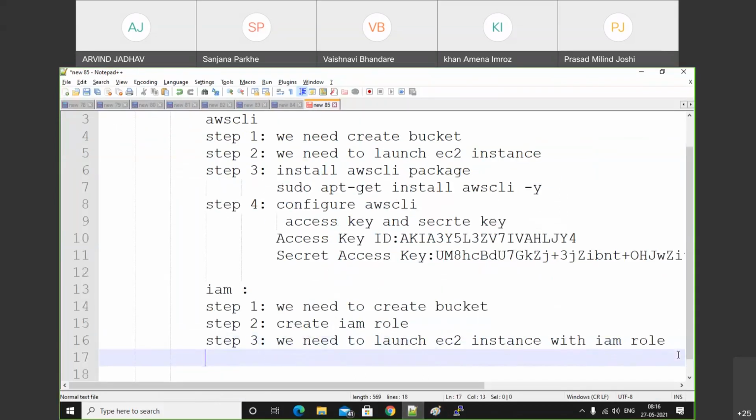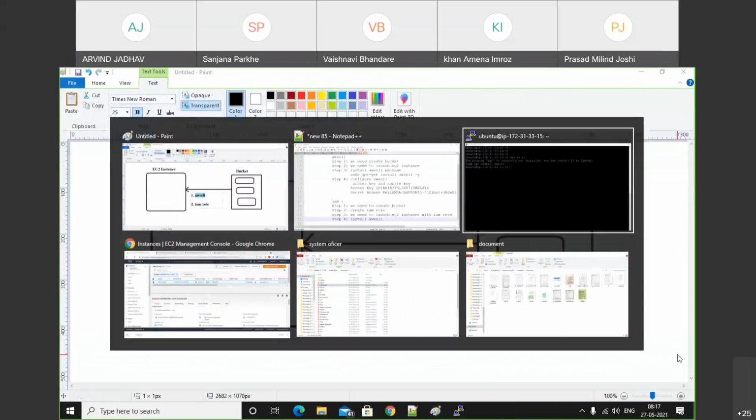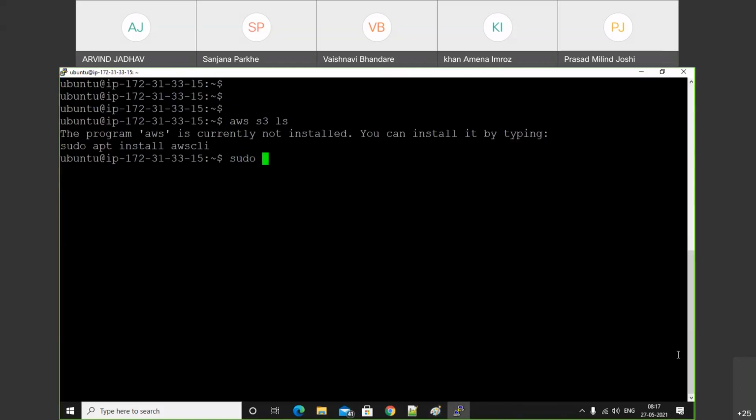Here I will write step 4. Install AWS CLI. sudo apt-get install awscli.